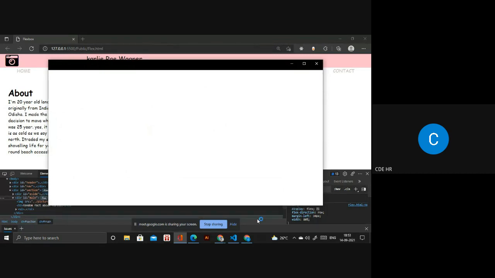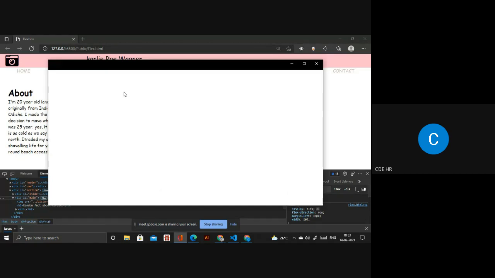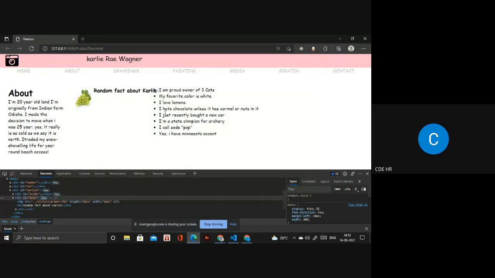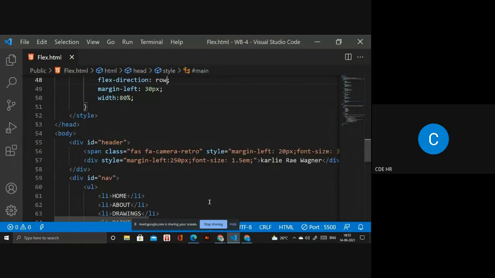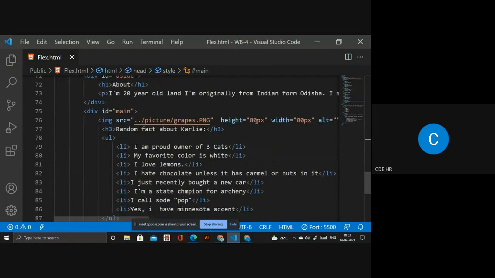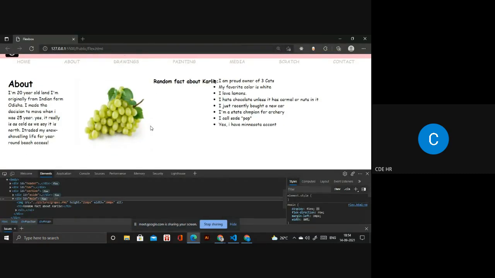Okay, what will you open one? Wait, what is this? I think it's not required. Okay. So I want to design below that. Before that, I will design something, the footer as well. So I need the picture to be larger. So I will go to the picture. Yeah, this is the picture. I will write it's 250 pixel height and it's 3% width, or like, sorry, 300 pixel. Okay, it looks good now.